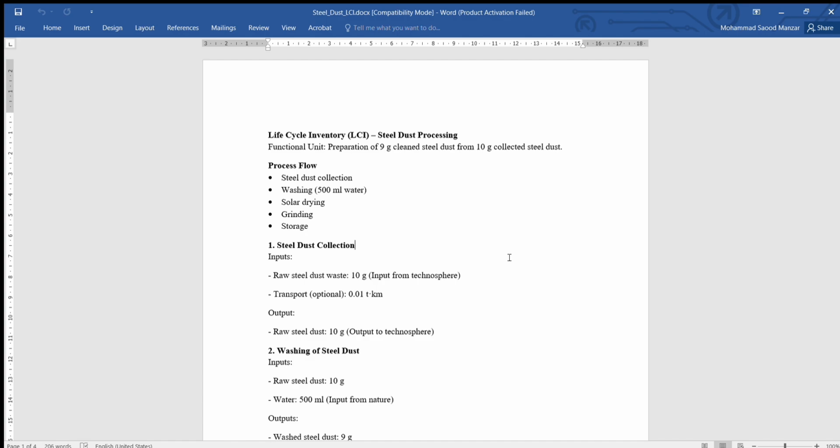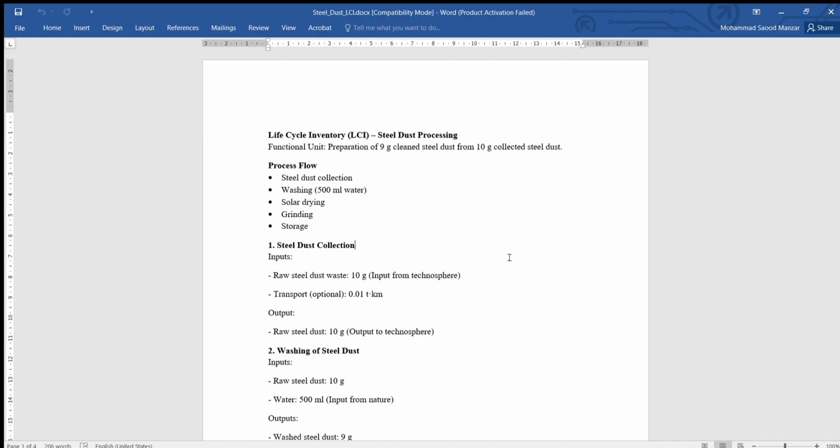And why is life cycle inventory important? The life cycle inventory is the foundation of the entire LCA study, or you can say the life cycle assessment. Without correct life cycle inventory, the impact results, or the outcomes, will be totally wrong. The carbon footprint will be wrong, and the environmental comparison will be meaningless. And the significance of life cycle inventory is that it quantifies the environmental flows, it identifies the major environmental burdens, it helps to calculate or assess impacts like global warming potential, energy consumption, and water footprint, and